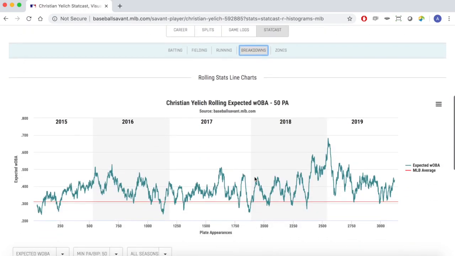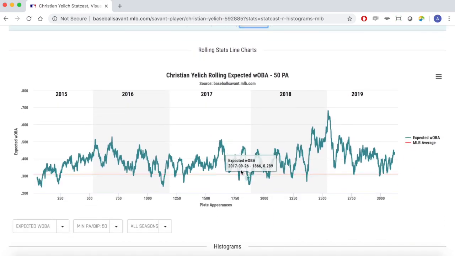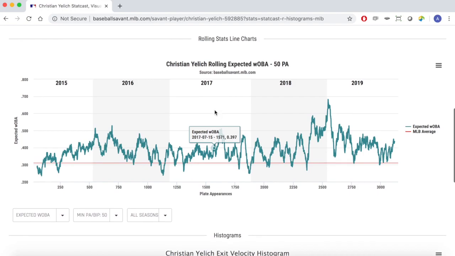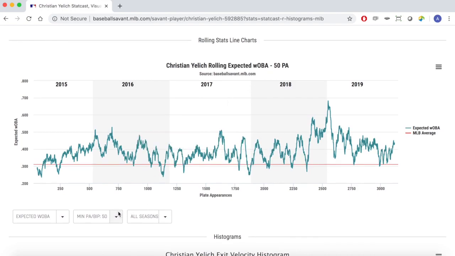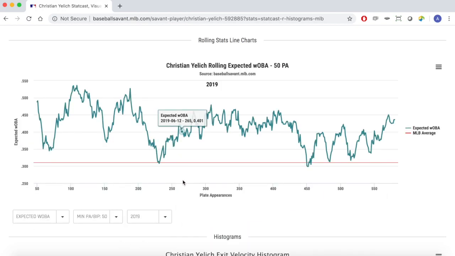Okay, so the first thing that we see here is, in this case, Christian Yelich's rolling xwOBA over 50 plate appearances. So this is a rolling chart, and as you can see here, we've set the minimum to 50 plate appearances. To make this a little more clear, I want to change this from all seasons to just look at 2019. So what we're looking at here is Christian Yelich's xwOBA as measured in his plate appearances up to that